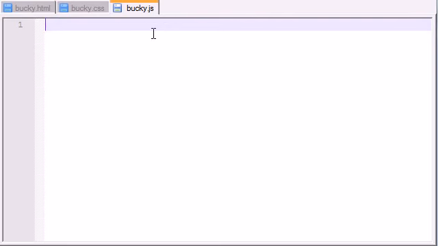So what I want to do first is build a function, like we did last time, that occurs right when the window, or in other words the web page, is done loading. So what I'm going to do is put window add event